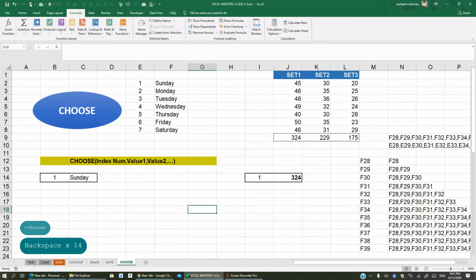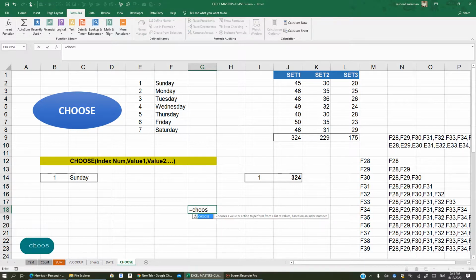Today we will see what the CHOOSE formula is. It's a very useful formula in Excel for lookup and reference purposes. You can use CHOOSE. There should be one number. Suppose we can choose that one number there in this column, and if you are giving some values,